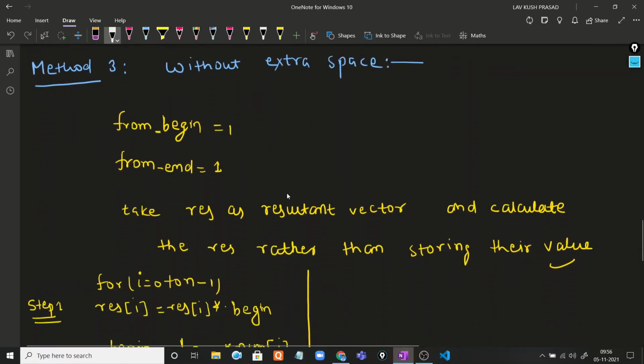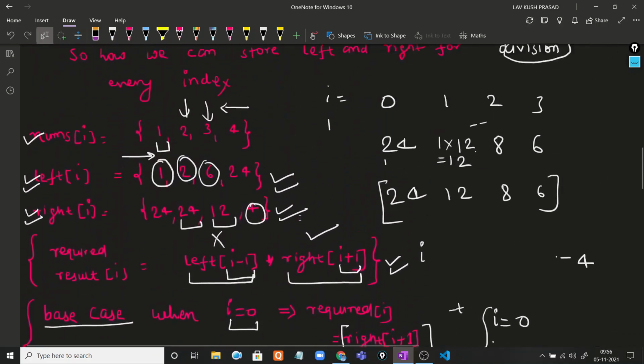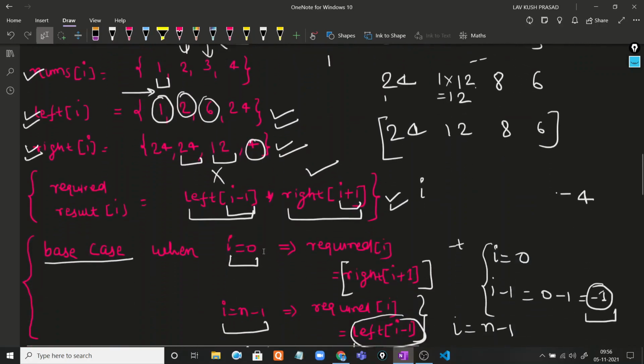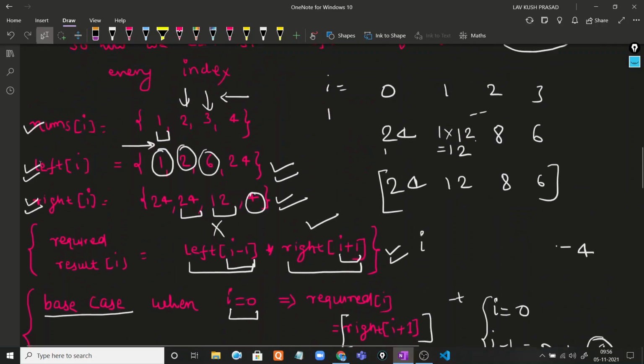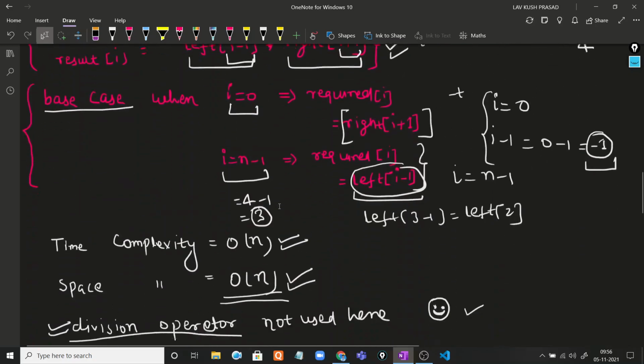The problem is that here we use a left array and a right array to store the values. But can we somehow store the values without storing the result in left and right, so that we find the required answer without using extra space?